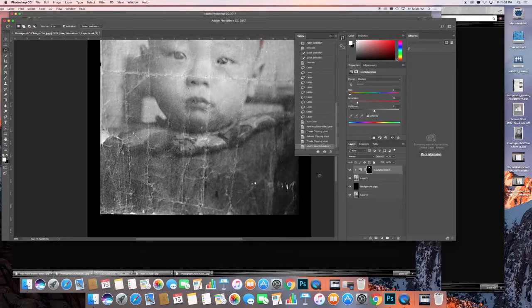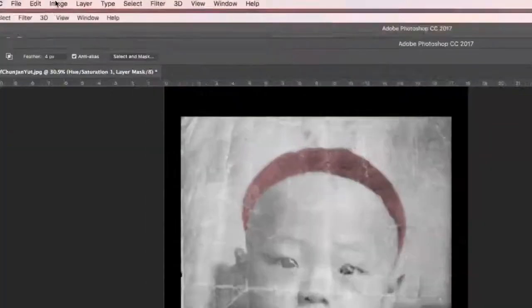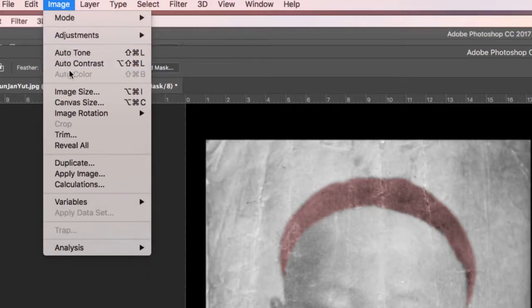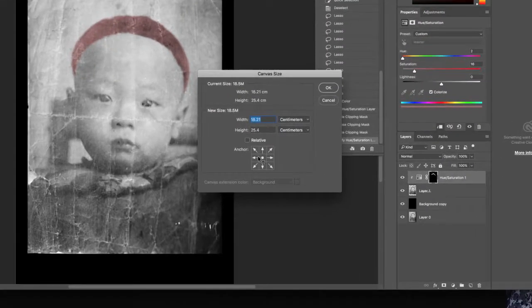So, once it's all done, I'm assuming this is done now, we want to create a layout. We've already got the before image and the after image, so I'm just going to make the canvas a little bit larger. Let me show you what that means. If I go to Image, and then go to Canvas Size, I'm not increasing the size of the image, I'm really increasing the size of the backdrop. I'm just going to put this to inches,